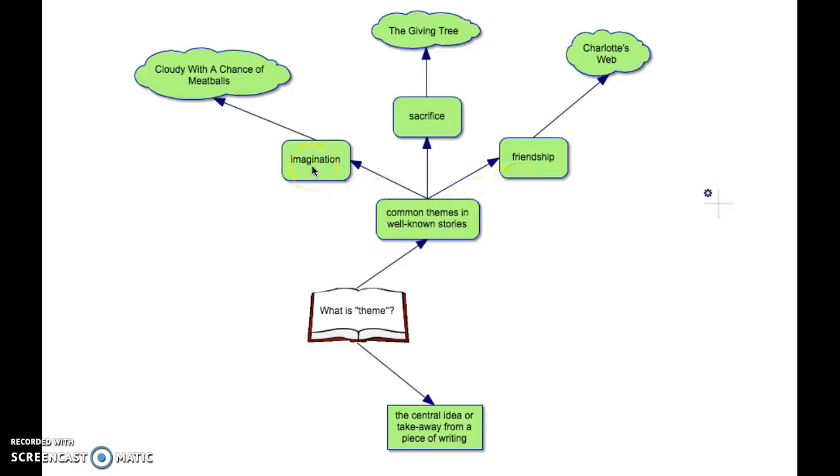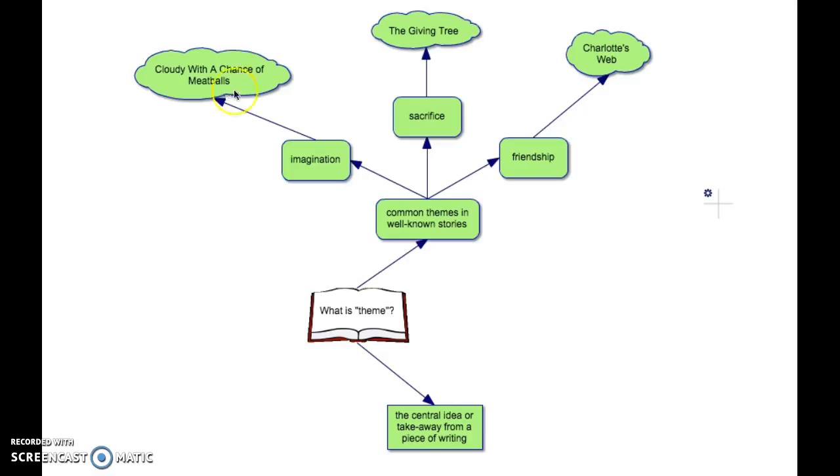One book that we can identify the theme as imagination is Cloudy with a Chance of Meatballs. I know we've all read that, or most of us have read that and are familiar with the piece of literature. And we know that the main theme or central idea or takeaway from this piece of writing is imagination, the use of imagination, and the imagination that we can use as readers, and the imagination and creativity the writer